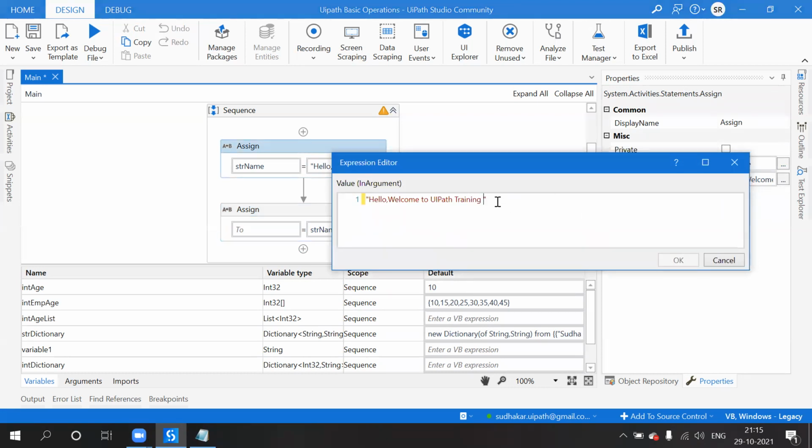So here I am giving some space at the end of the string. See, whenever you are working in real time, you will be able to see a lot of incoming input data in this format.